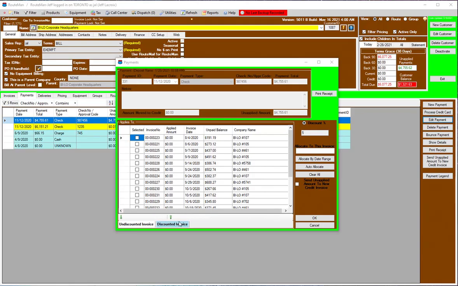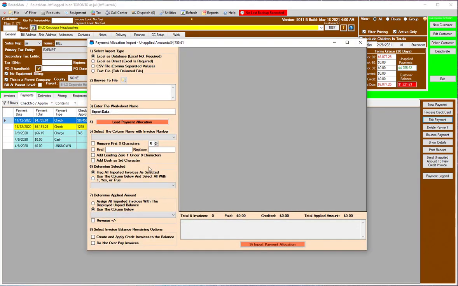Now what I want to do, actually these buttons are not displaying very well on the color scheme that I've chosen, so if you can't see these in your routeman, you may want to adjust your colors. I just know that the buttons are there. So I'm going to choose upload payment details. I'm going to click on that,